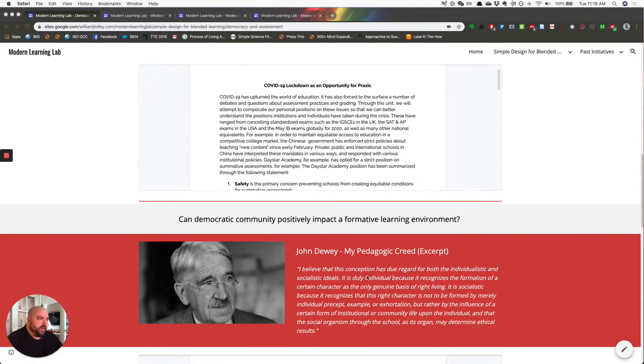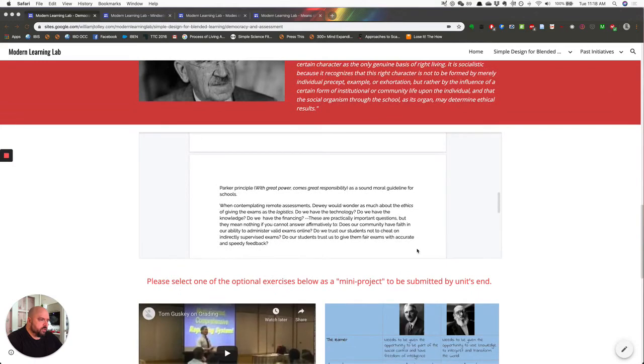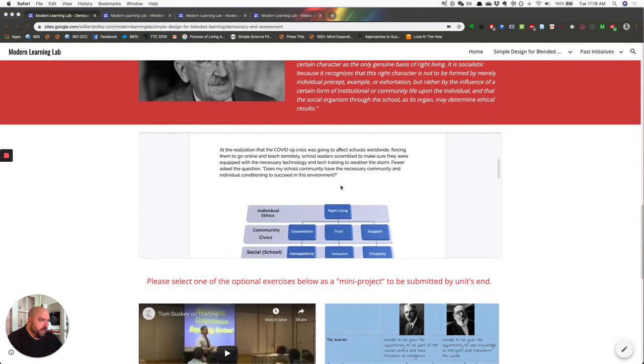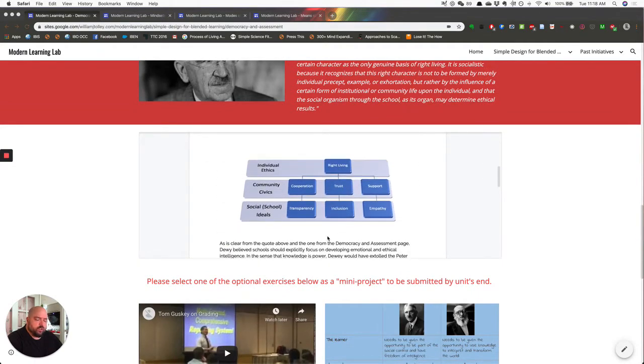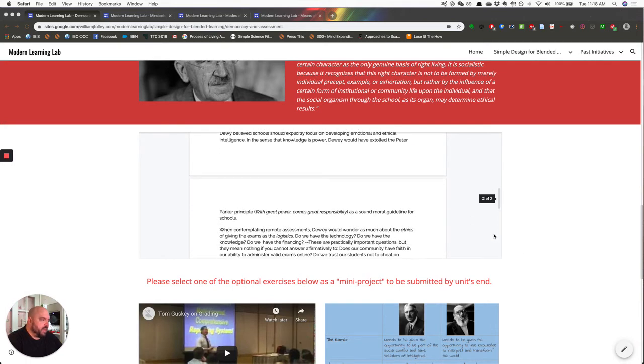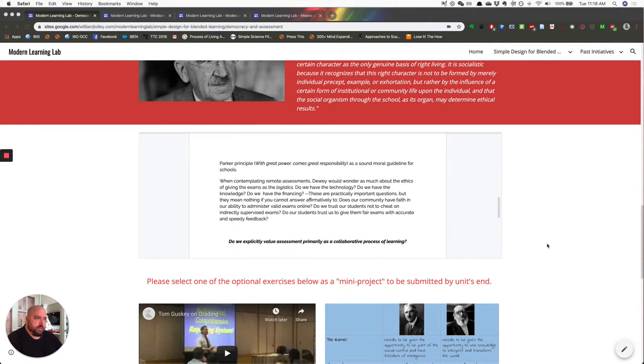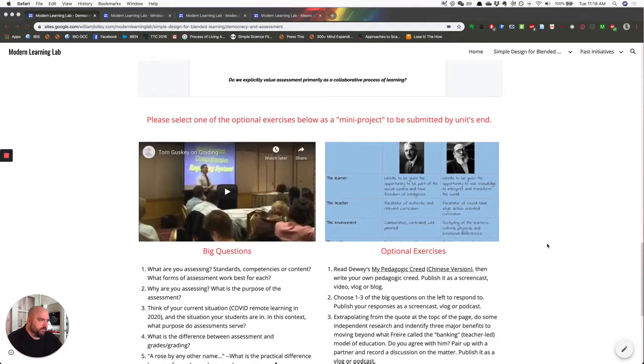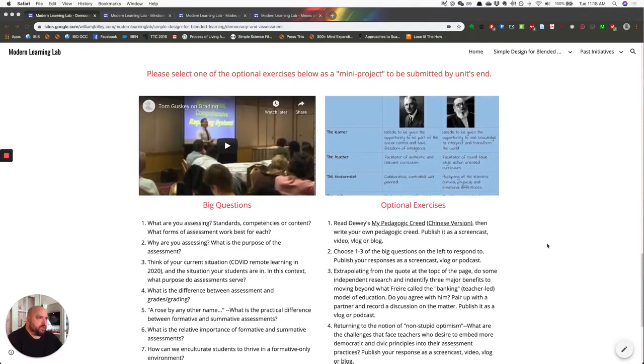Then moving on to Dewey, same kind of pattern: question, quote, a little bit about Dewey and the way that he thinks that schools create individual ethics. And then we're out. We're done. That's our little provocation. And on the first page, you also get, and this is where double layering comes in,